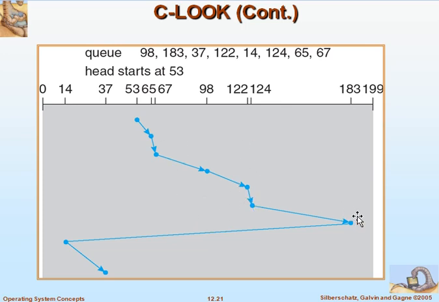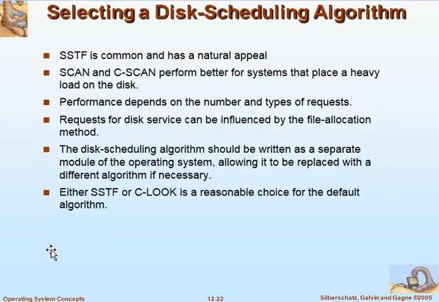You can see there is an additional reduction in the head movement. It doesn't move from 183 to 199. On this side, it doesn't move from 199 to 0. Instead, it will move from 183 to 14. That is how there is a saving of the seek time. The seek time has been reduced.